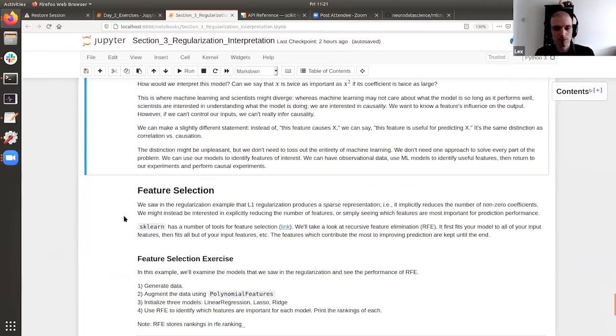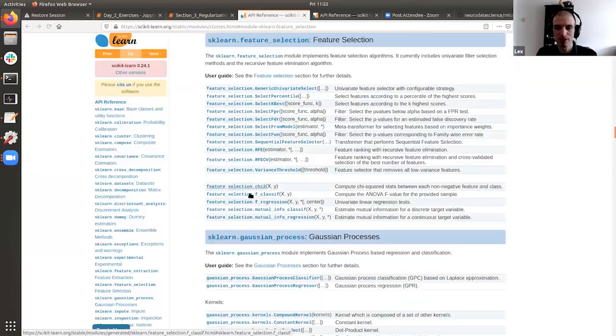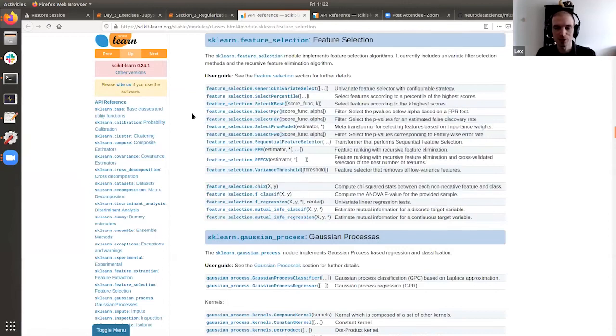Okay, so one of the questions that comes up a lot is feature selection. And even today when we were looking at L1, there were a whole bunch of questions on how to do feature selection and how it made sense, and if L1 was kind of the same as feature selection and so on. So again, in my endless promotion of Sklearn, Sklearn does have a number of feature selection tools. So there's a link that's provided here, and there's a whole bunch of different ways you can use this. I just picked one for demonstration,